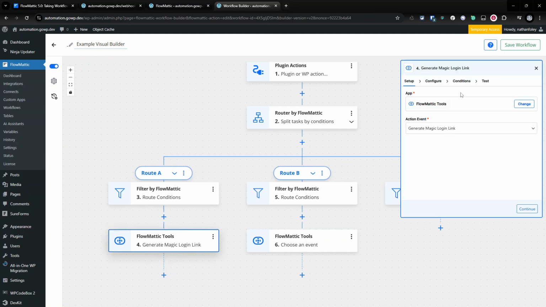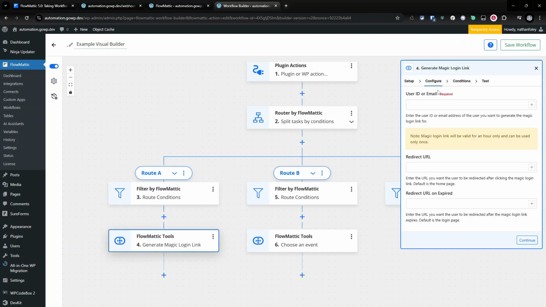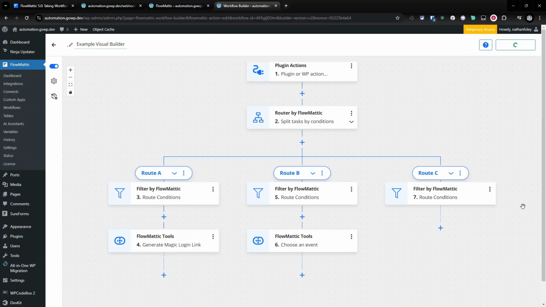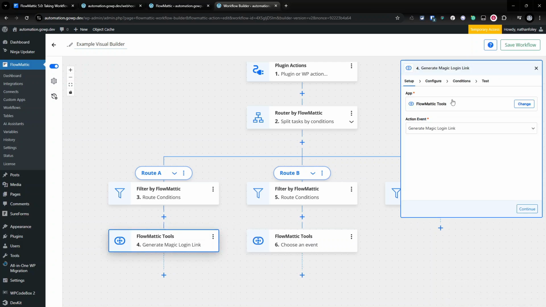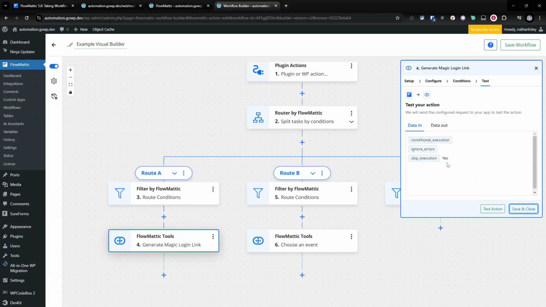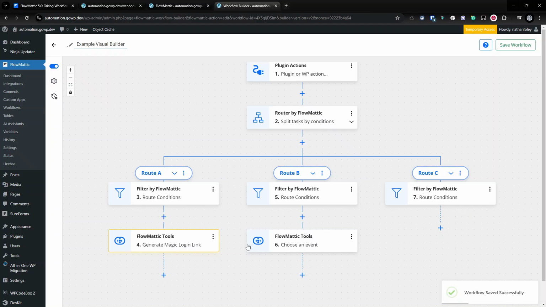If we open this up, you'll see it's a very nice modern interface, and you can set your stuff up. All you need to do is tick this checkbox, save and continue, and we're no longer skipping that step. If we want to skip it again, we open it back up and push the conditions. Now, I find that the first one doesn't always take. You can see it's going to take this time, and now it's the skip step. So if you're having trouble trying to skip, I think sometimes you have to double click,